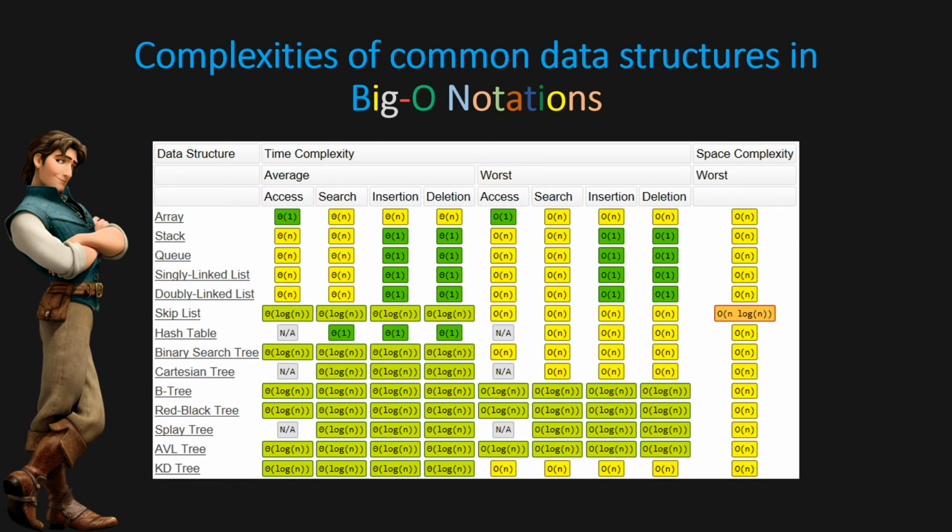Here is some reference for complexities of common data structures that are commonly used in programs. By checking this chart, we will be able to choose which one we need. If we are considering an array, we can see that for accessing an item in an array, it takes O(1) complexity. For searching an array, it takes O(n). Similarly for insertion, deletion, etc. Likewise, by referring to this chart, we can identify the time complexity, and space complexity is also shown.